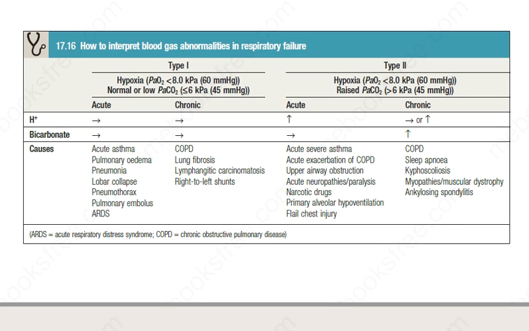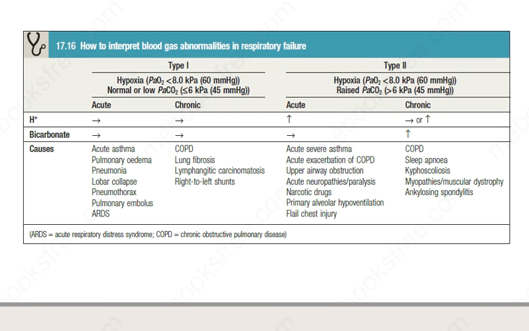In type 2 respiratory failure, hypoxia is present, that is partial pressure of arterial oxygen less than 8 kPa or 60 mm mercury, and raised partial pressure of arterial carbon dioxide, that is more than 6 kPa